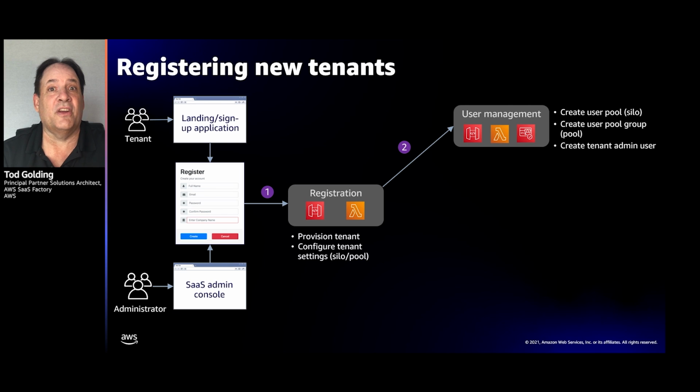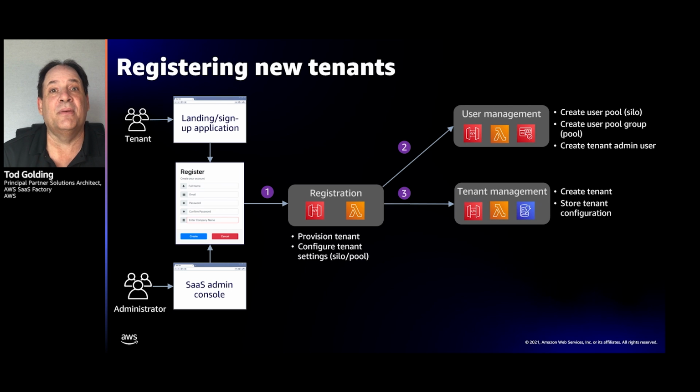Now, as part of this, you're going to see that we also configure custom claims in Cognito to identify the binding between the user and the tenant. And so later, when we look at authentication, you'll see how the tokens that come out of that experience return us a token that is enriched with both tenant information and user information. Now, we also have to create a tenant here, so we'll essentially call that service, and this is where, yes, we'll create the tenant with their identifier and their plan, but we're also going to store lots of configuration information in here about this tenant, and you'll see how that configuration information actually is used during authentication and other parts of this experience.